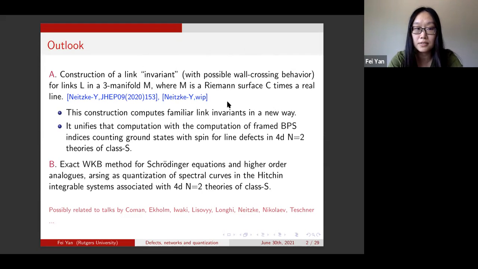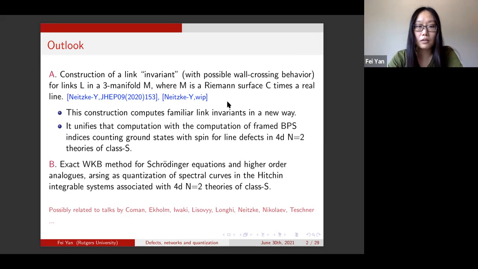of a Riemann surface C times a real line. And the link invariant, I put quotation marks there, as this quantity will have some possible wall-crossing behavior. This construction in particular computes familiar link invariants in a new way. And moreover, it unifies that computation with the computation of framed BPS indices counting ground states with spin for certain line defects in 4D N=2 theories of class S. So this part of the talk will be based on some past work and also work in progress with Andy